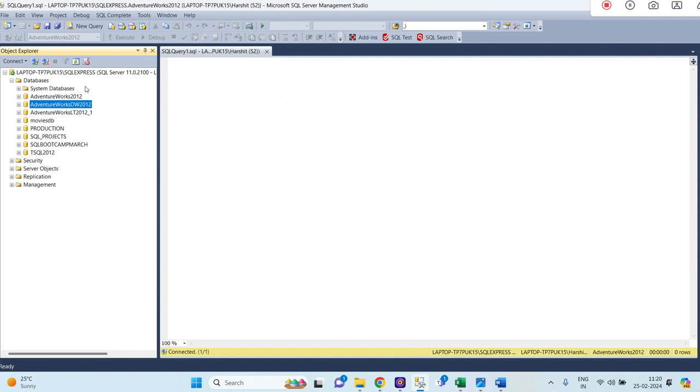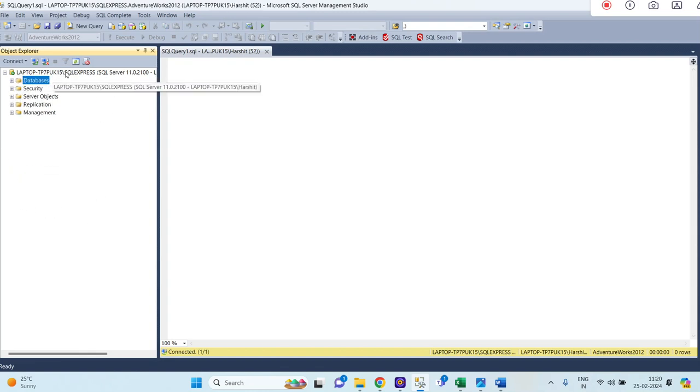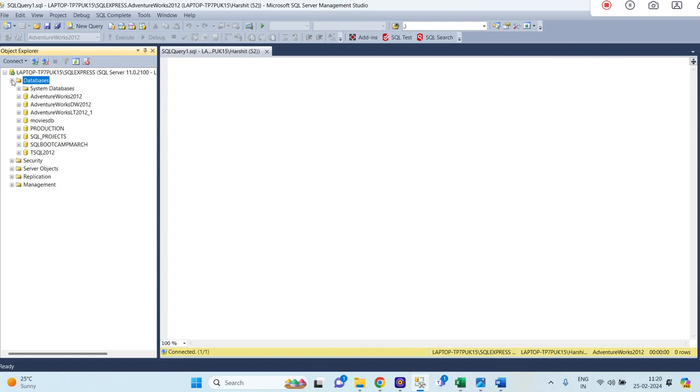So once you install SQL Server and SSMS, this kind of screen will be visible on your screen. If you see over here, there are different sections: Databases, Security, then Replication. For our entire course we will go through these databases only. If you see over here, multiple databases are installed, right? You can create a database also by